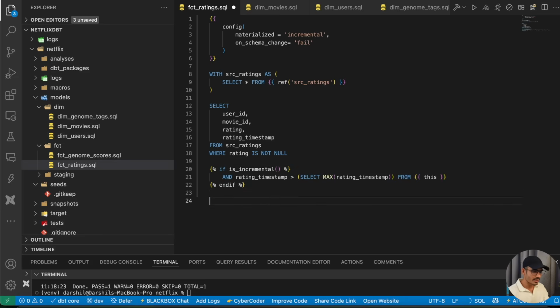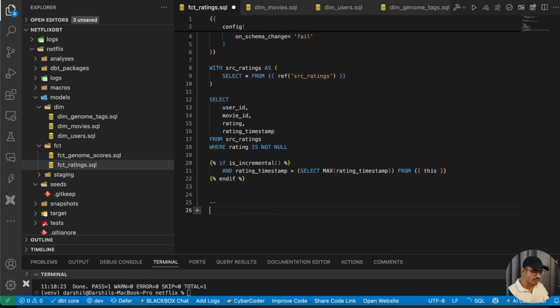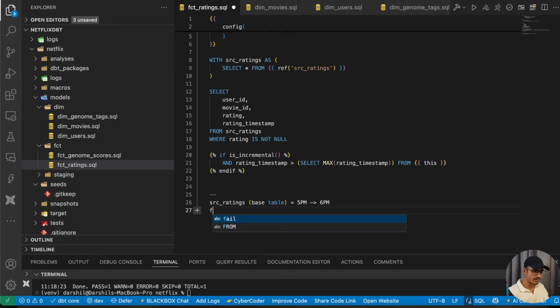So the logic is pretty simple. Let's just write it here. In the SRC ratings, which is my base table, the max timestamp was 5 p.m. When I created this fact rating table, a new row got added at 6 p.m. This fact ratings, which is my fact table, had 5 p.m. till now. It is not updated yet. But based on this condition, after this new row got added at 6 p.m., it will select the max rating